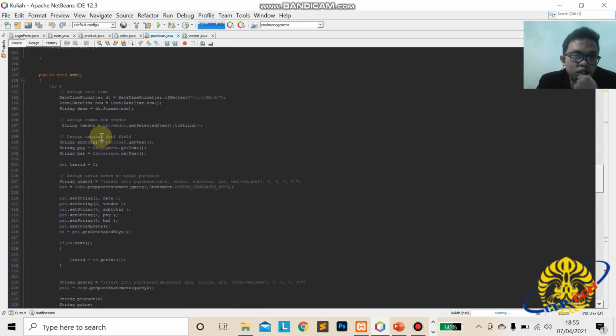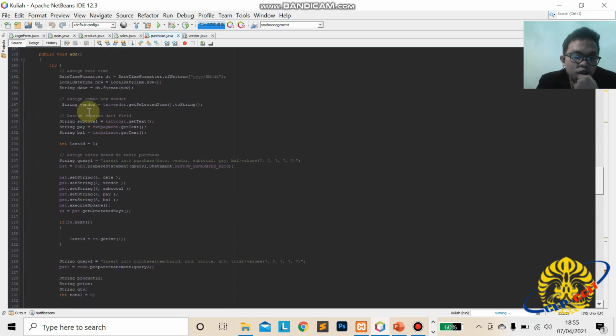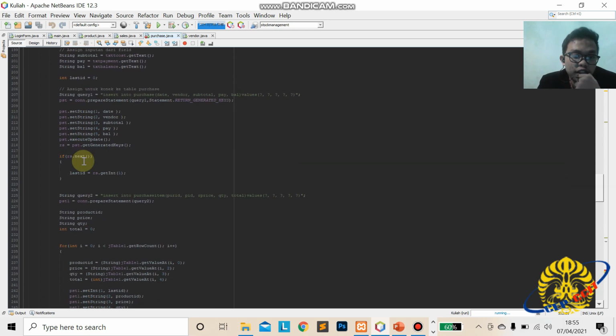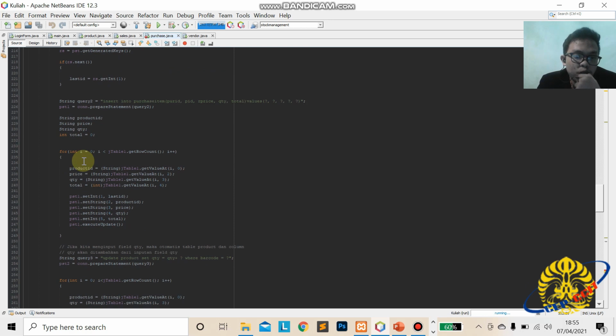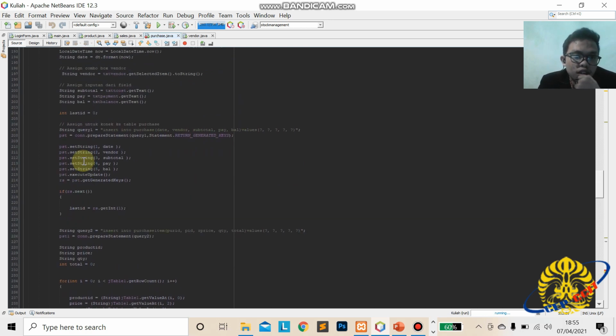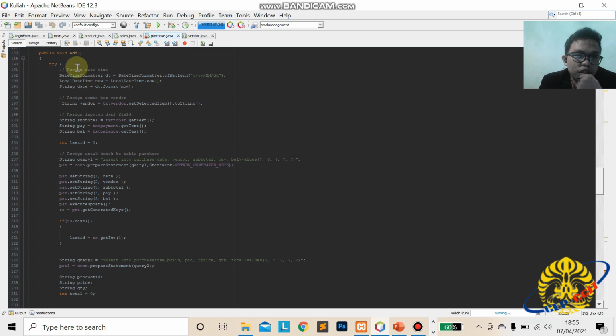Okay, so we add a method in this code. This is the add method. We create this to connect to the table in SQL, which is table purchase, item, and product. So we assign date, and then assign combo box, and then assign the field get text.